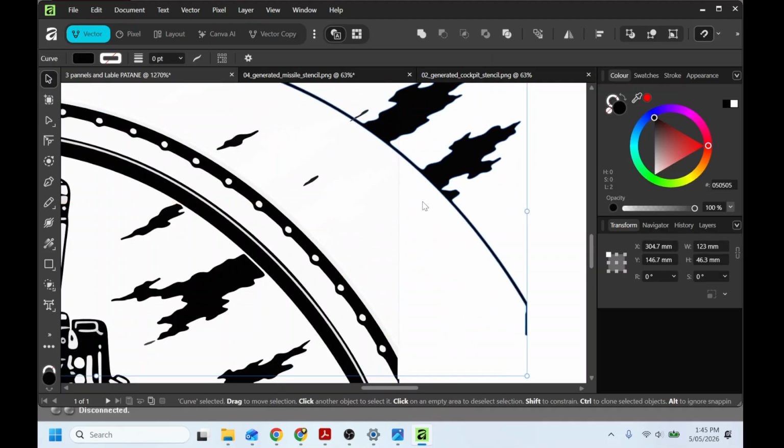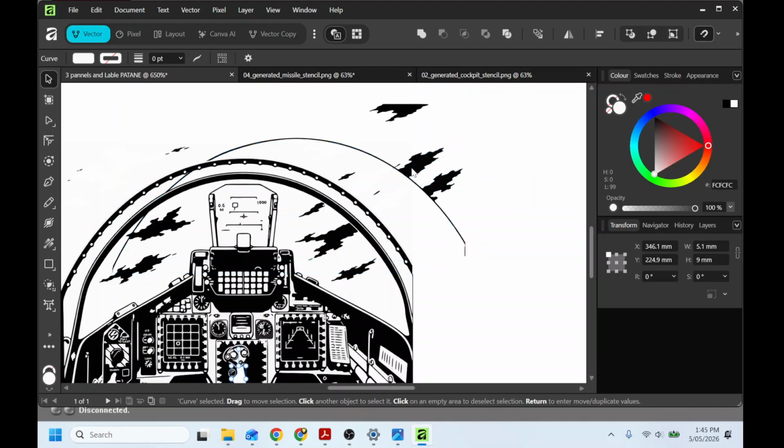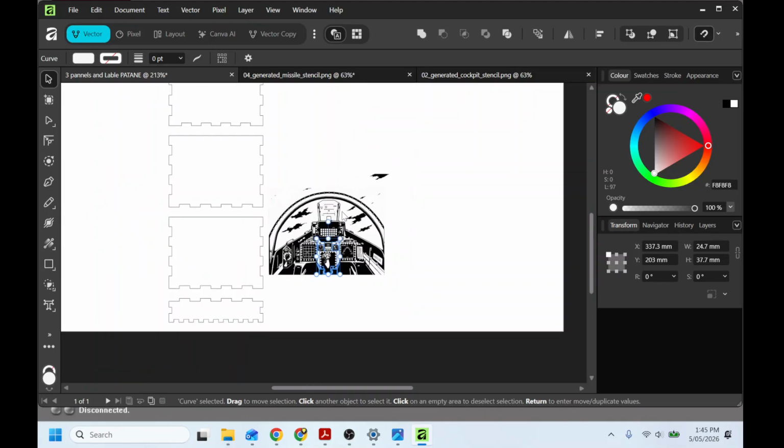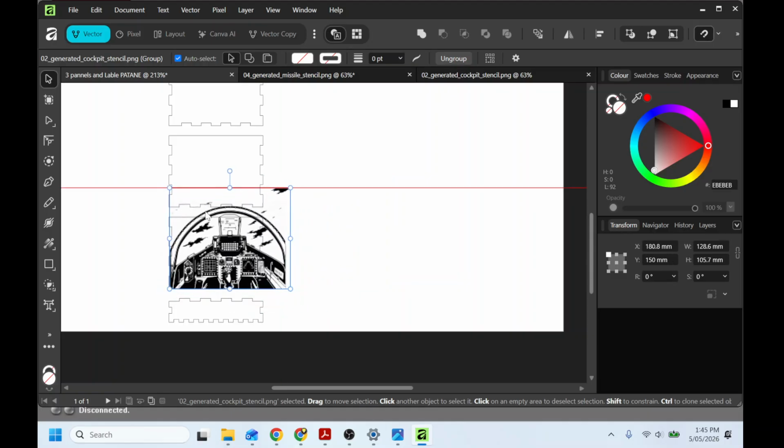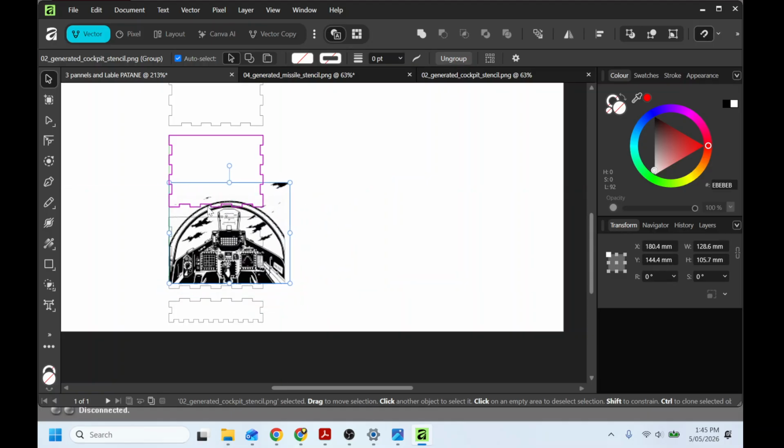I don't want this layer over here. So then what I can do, I can delete that whole shape. When I go and drag this over here and I shrink it,